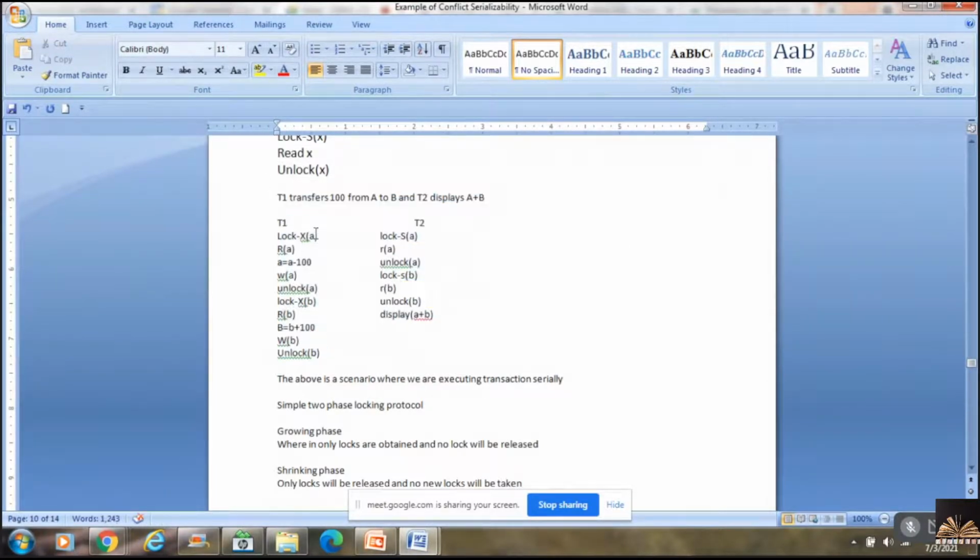I will execute T1 first and then T2, so T1 followed by T2. T1 is executed first.